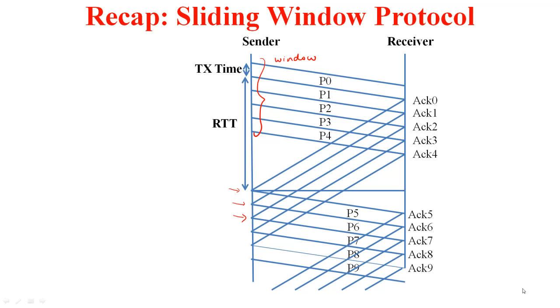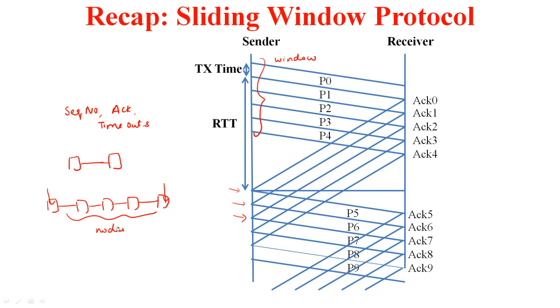As part of the sliding window protocol, we have seen the use of sequence numbers, acknowledgements, and timeouts to provide reliability. So the sliding window protocol that we have seen at the link layer, where we employed this over a single hop, versus the sliding window protocol that we are employing at the transport layer, where the sending and receiving processes may be separated by many nodes in between. So you have to traverse many hops to reach the other endpoint. So this is at the link layer and this is at the transport layer.